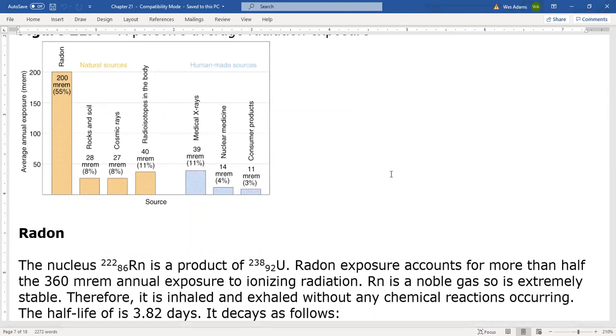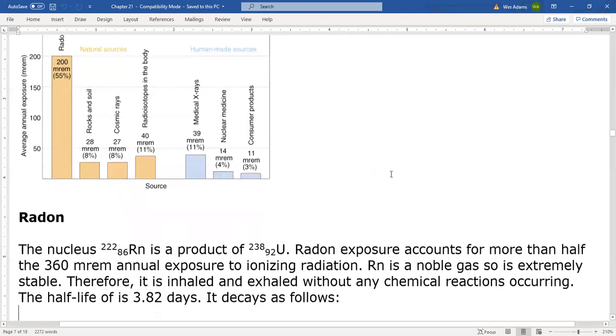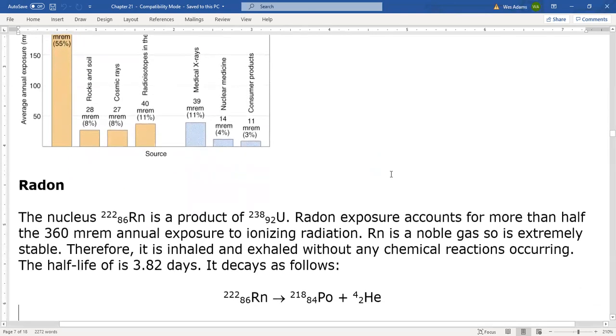It's a decay product of uranium-238. So if you get uranium, even if it's not a prospectable amount in the rocks, it can contribute to radon in your basement. If you live in some of those high-risk areas, you want to usually have some ventilation to turn the air over in there so that the radon doesn't accumulate. But it does have a half-life of 3.82 days and decays to polonium, which is solid, where radon's a gas,